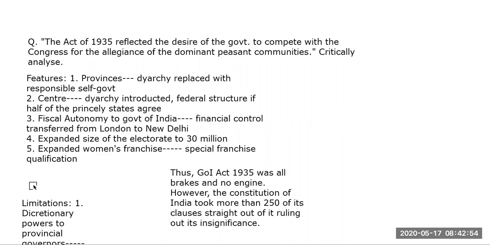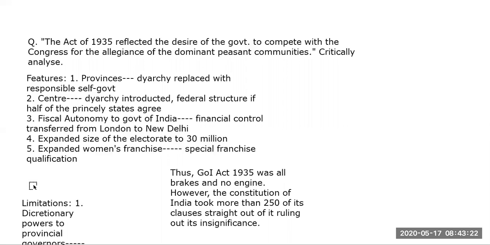The third feature of the Act is fiscal autonomy. Fiscal autonomy in the sense of the right to levy and collect taxes. This was earlier the prerogative of the Secretary of State. Now this financial control was transferred from the Secretary of State sitting in London to the Viceroy sitting in New Delhi. So we could see the fiscal autonomy, the right to levy and collect tax, was now in the hands